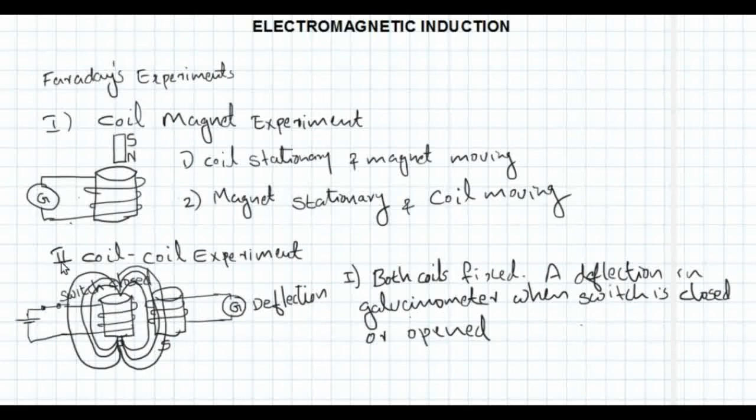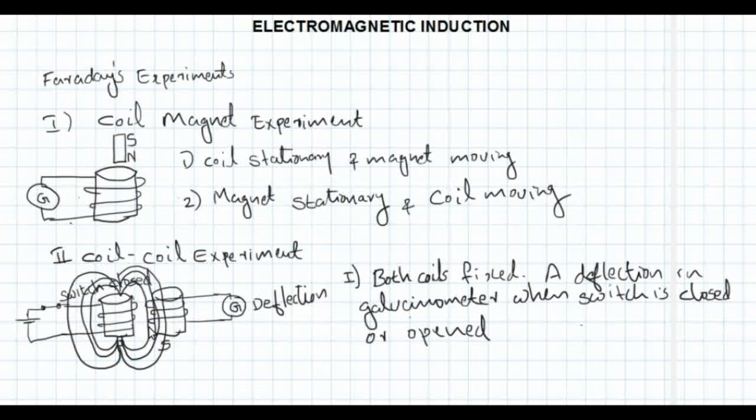Now when the switch is opened, what will happen? Suddenly the 5 ampere will fall to 0 ampere, so the 5 ampere will become 4, 3, 2, 1, 0. And when the current falls back to 0, gradually this magnetic flux will disappear, right? These magnetic field lines will disappear one by one. That means the magnetic flux linked with the secondary will change. In this case the flux decreases, and when the switch is closed, the flux will increase.